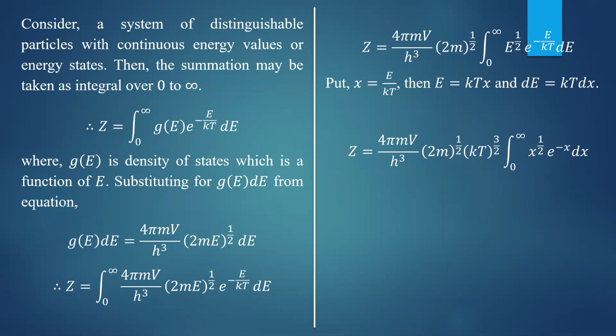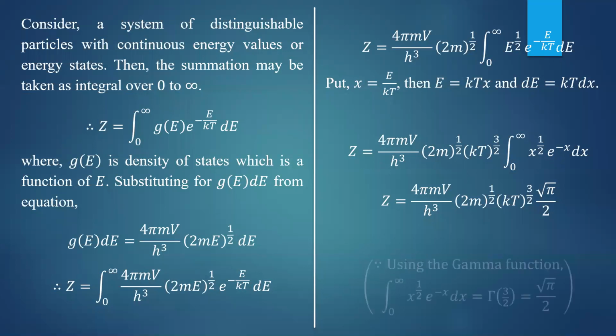Okay, that is how you can get the gamma function. So integration of x to the power half into e to the power minus x into dx is actually the gamma function. So you know that the gamma function has a fixed value. Okay, so what is the value of this x to the power half into e to the power minus x? It has the value square root of pi by 2. Okay, that is the value of the gamma function.